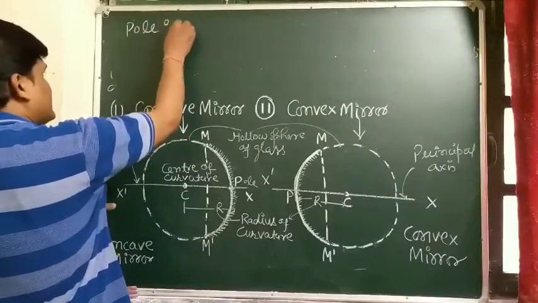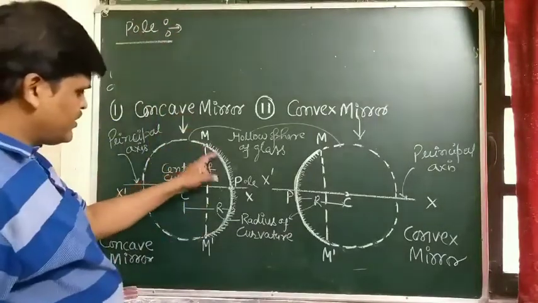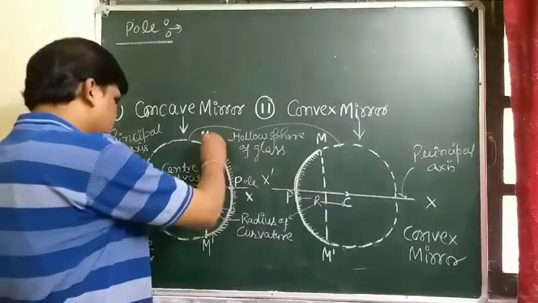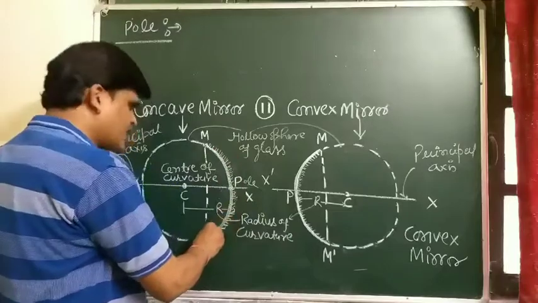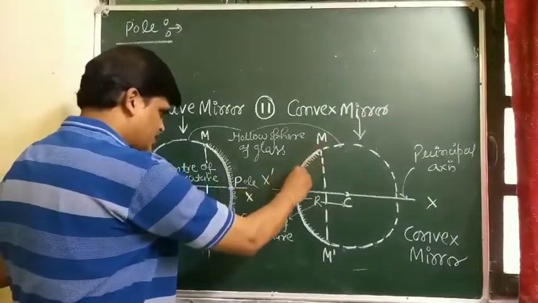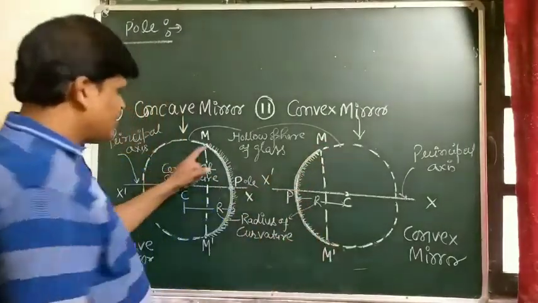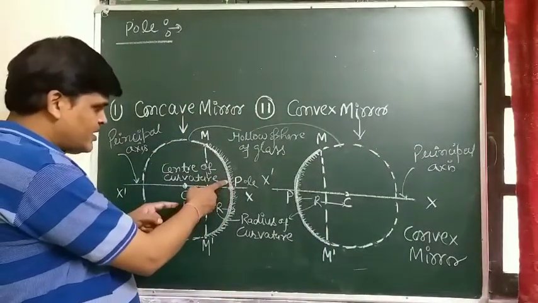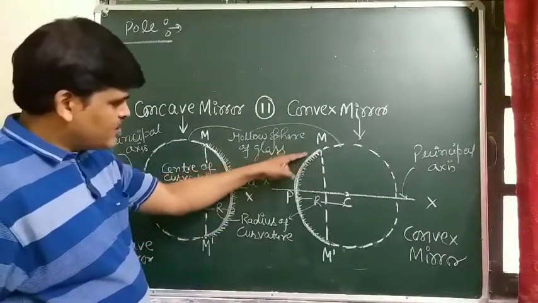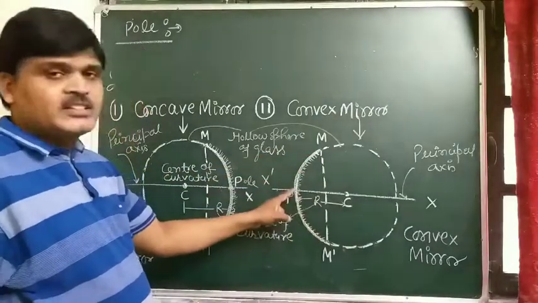Pole of a spherical mirror, that is what? See the diagram carefully. This is the concave mirror and this is the convex mirror. In concave mirror, reflection is taken from the inner portion, whereas in convex mirror, reflection is taken from